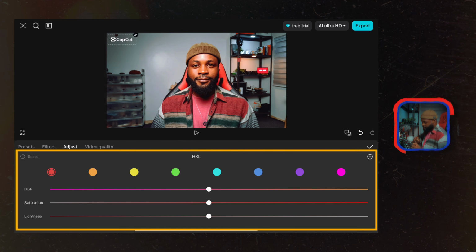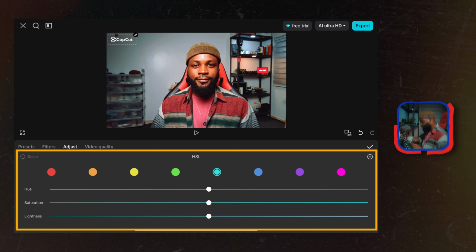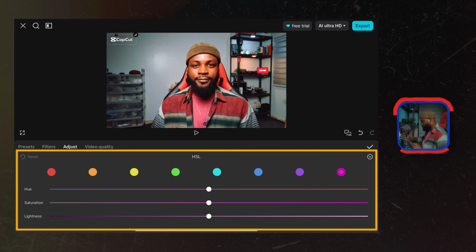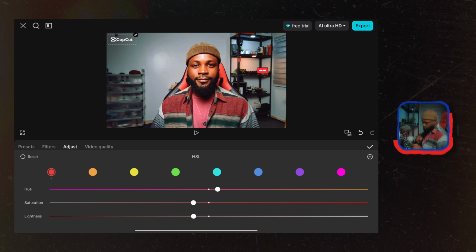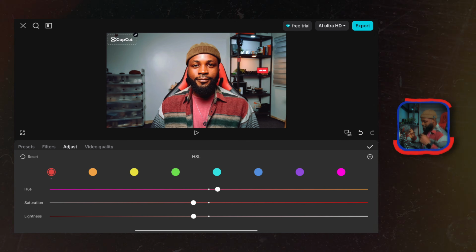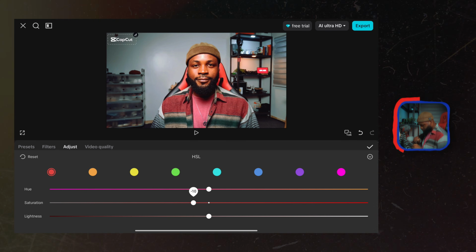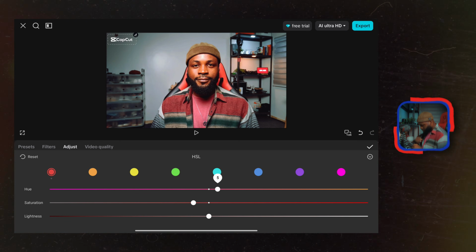Then I'll go to HSL. So HSL adjusts individual colors: the red, orange, yellow, green, teal, blue, purple, and magenta. So what I'm going to do is I'll go to my red. Hue is the color you are adjusting. Saturation is how intense the color is, and then the lightness is how bright that particular color is. And so I'm going to bring down the red to about 10, and then probably move it in the direction of the orange just a bit. Let's say 5,